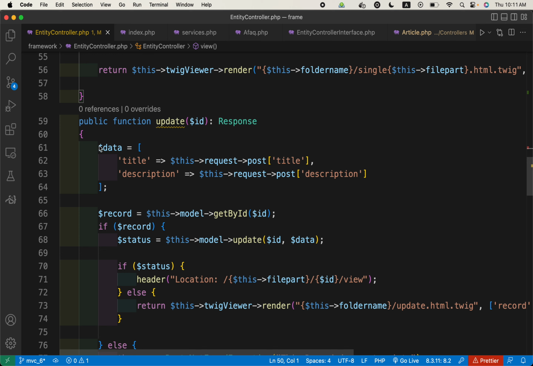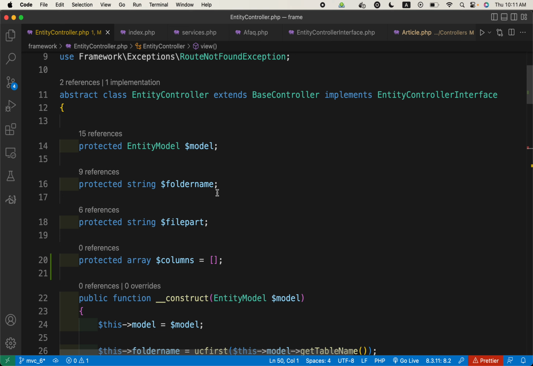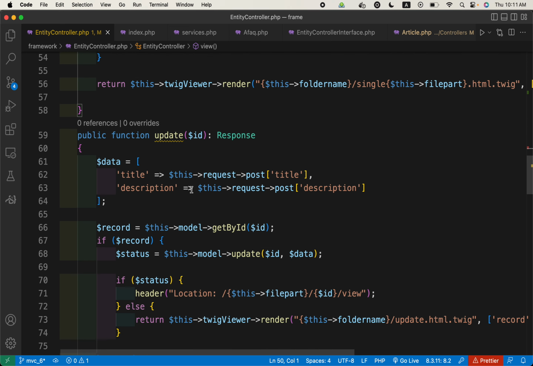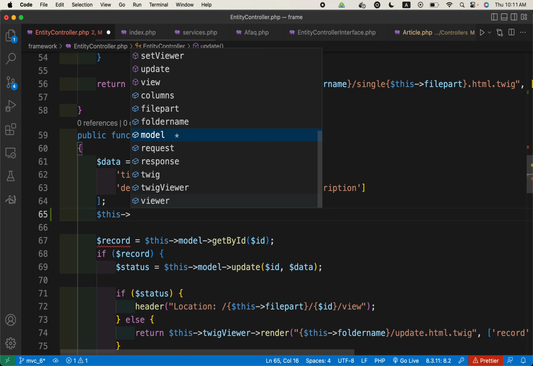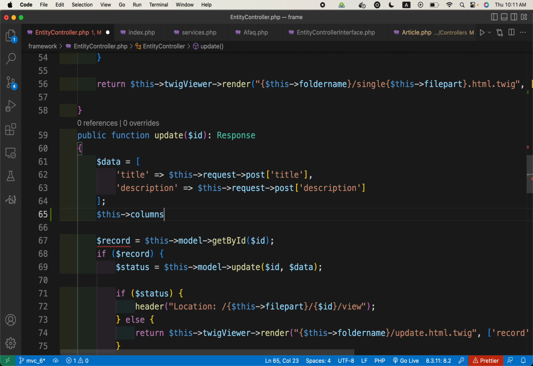All instances of these hard coded values, because we are in the entity controller parent class which extends the base controller, so we should not have columns of article inside it. Title and description are article columns, so we should replace this data column wherever we have used it with the newly created column. So we can access it now as this dot columns,